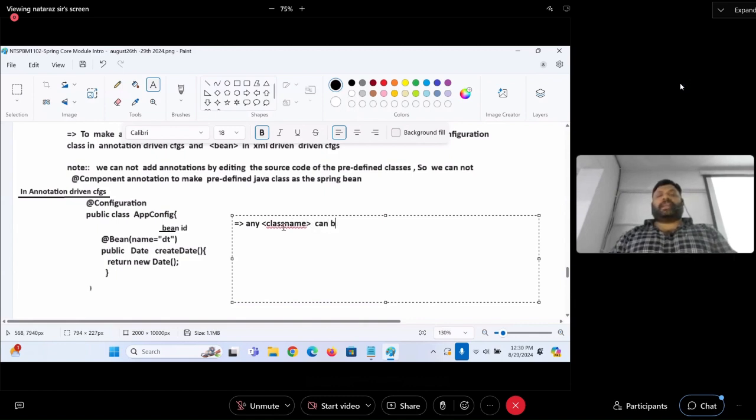Any class name can be taken as the configuration class. In one @Configuration class, we can place any number of @Bean methods. Okay, @Bean methods